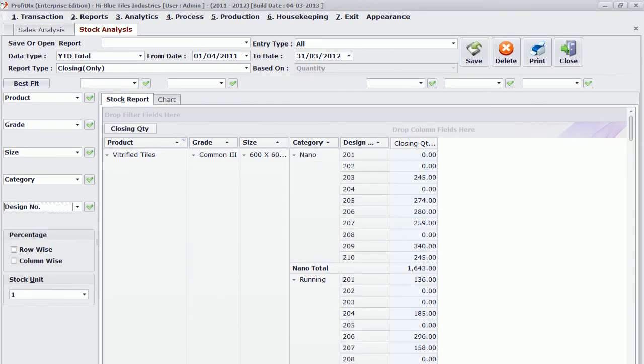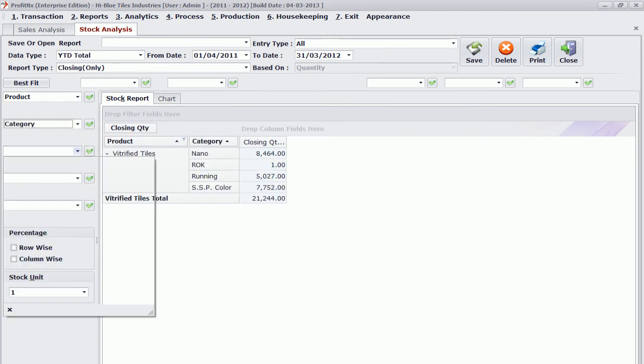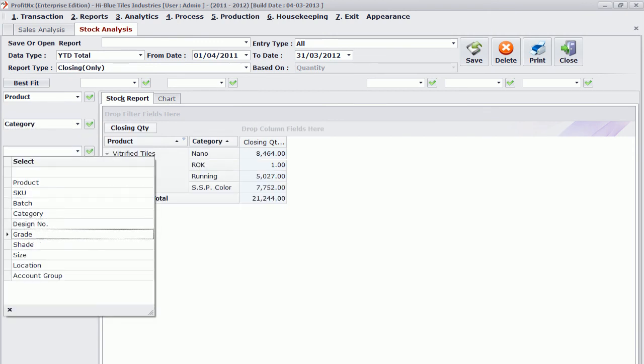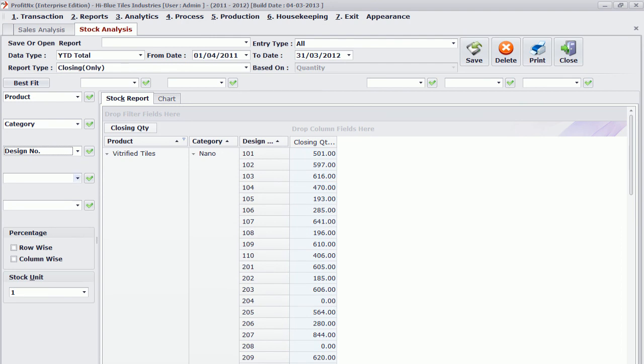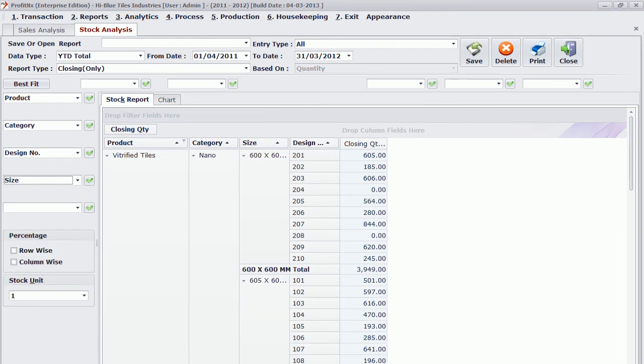Correct? Or this order I can change. I can start with category, then I can add, for example, design into that, and I can go to size. Of course size will come before the design, so I can do it either way that I want to know my stock. So stock and inventory management gives you all these features in Profit NX.